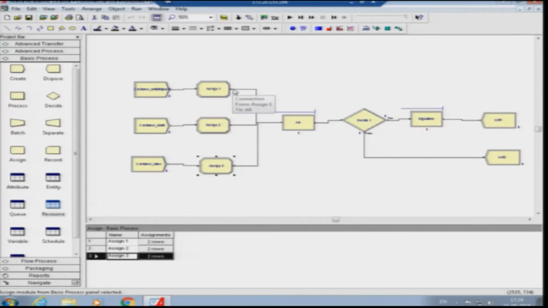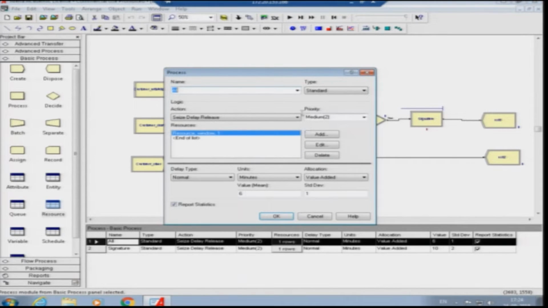Now, when we assign these processing times to these three kinds of customers, we have to make a change here. In the delay type we will use expression instead of the distribution we used in the previous case.